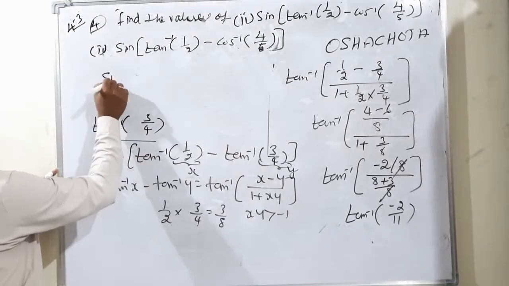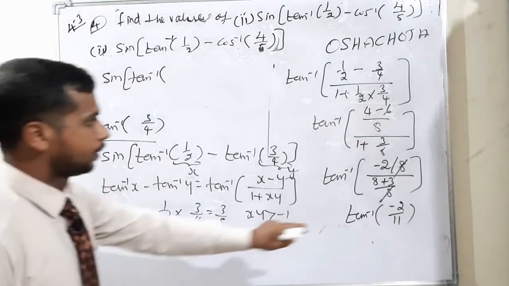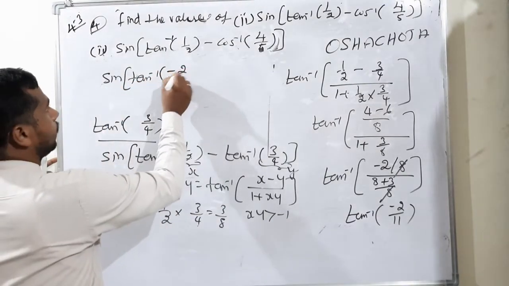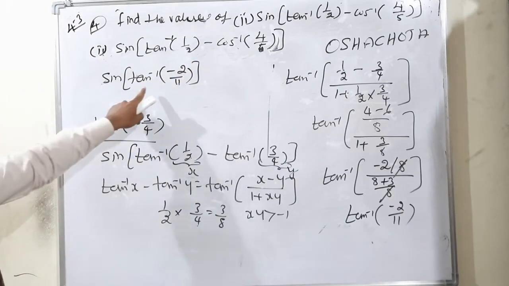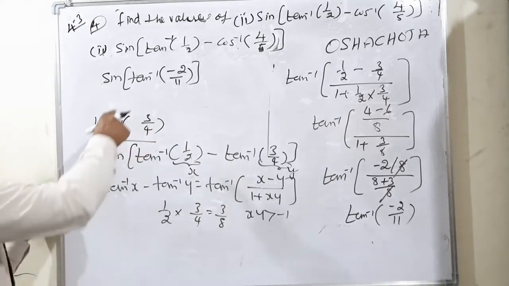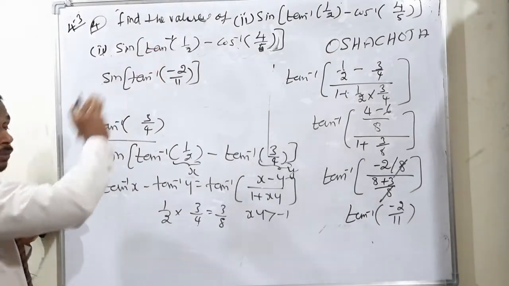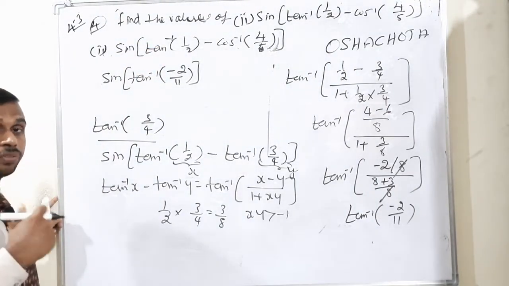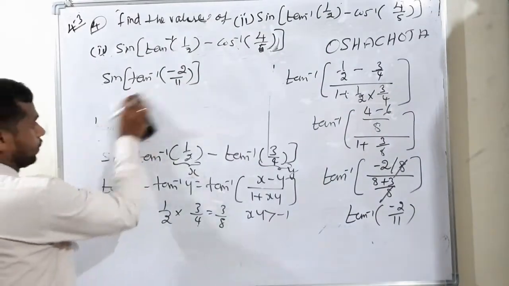So sin of tan inverse minus 2 by 11. Now, this is the answer for tan inverse minus 2 by 11. But inside, sin inverse will also come, meaning sin and sin inverse cancel, so we will write it according to the property of inverse trigonometric functions. Listen very carefully. First, we have to